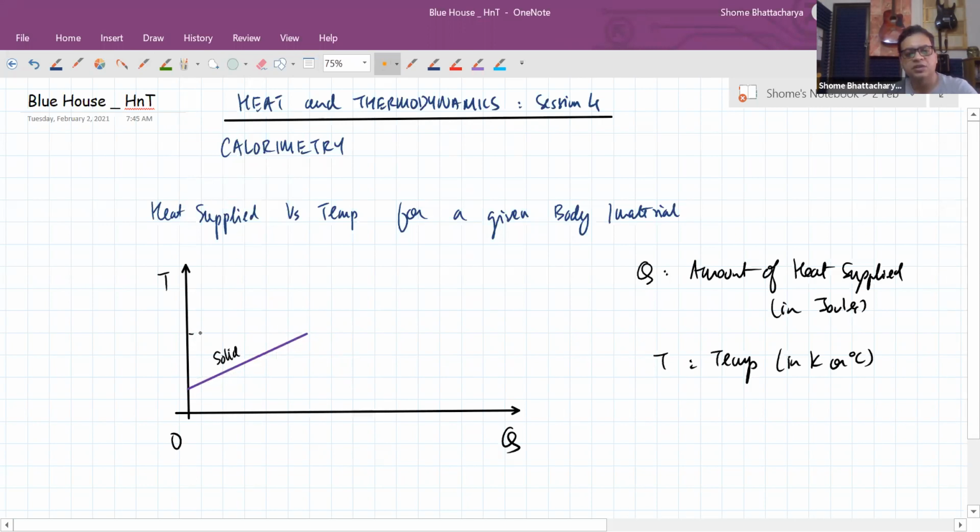So this will happen up to a certain temperature, and that temperature is called the melting point. Now, the moment we reach the melting point, we supply heat, but temperature doesn't rise. At this stage, the process that occurs is melting. We supply heat, but the temperature remains constant till all the material melts, and now we have liquid. Once the melting process is complete, again with heat supplied, the temperature rises